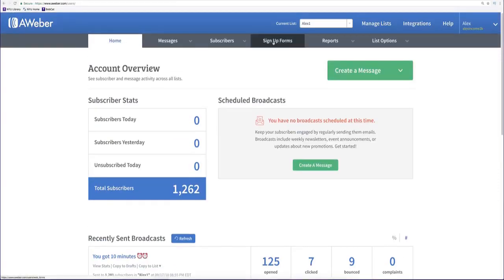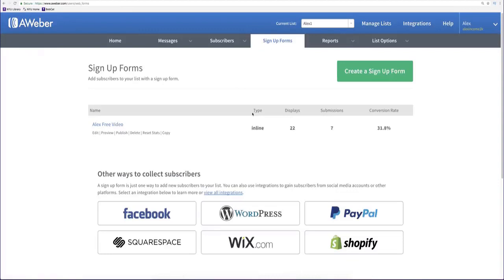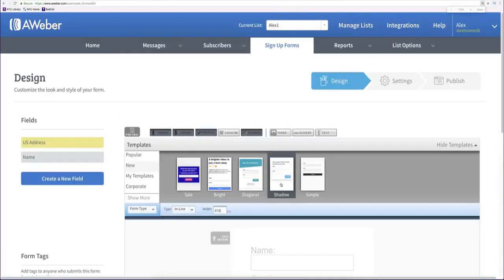So let's go to the sign up form. This is where you're going to create the form. It's very simple and easy. You're going to hit this big green button, sign up form. Now inside